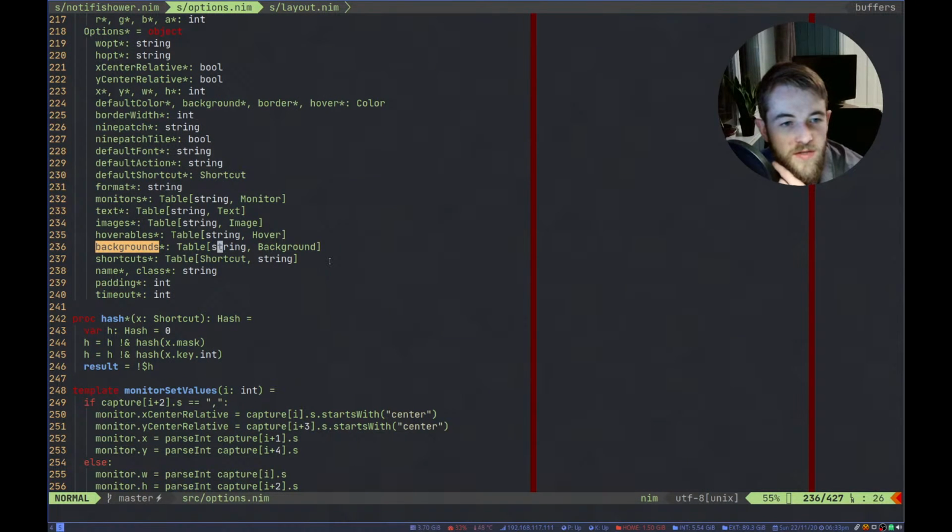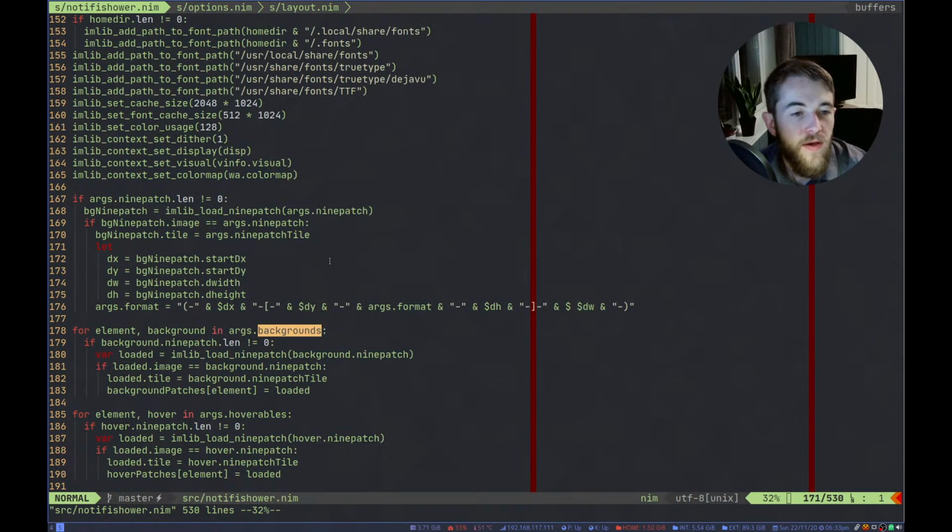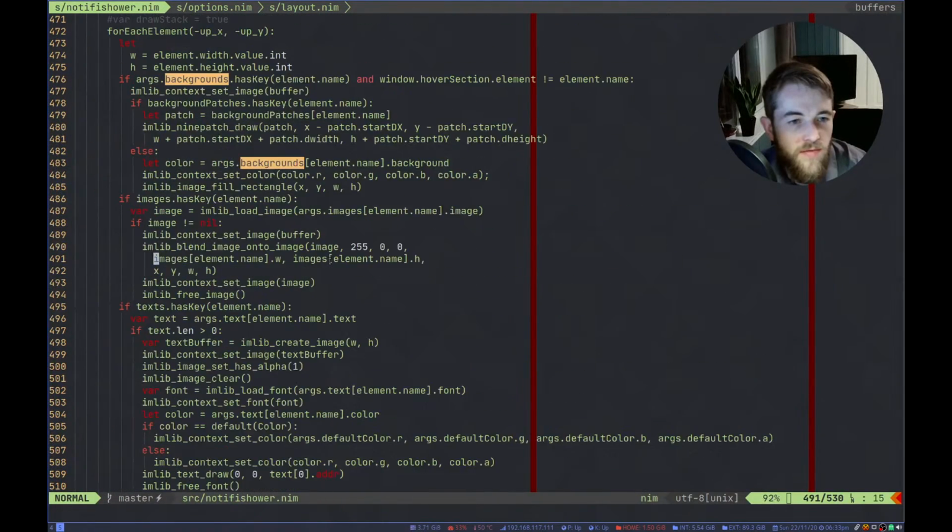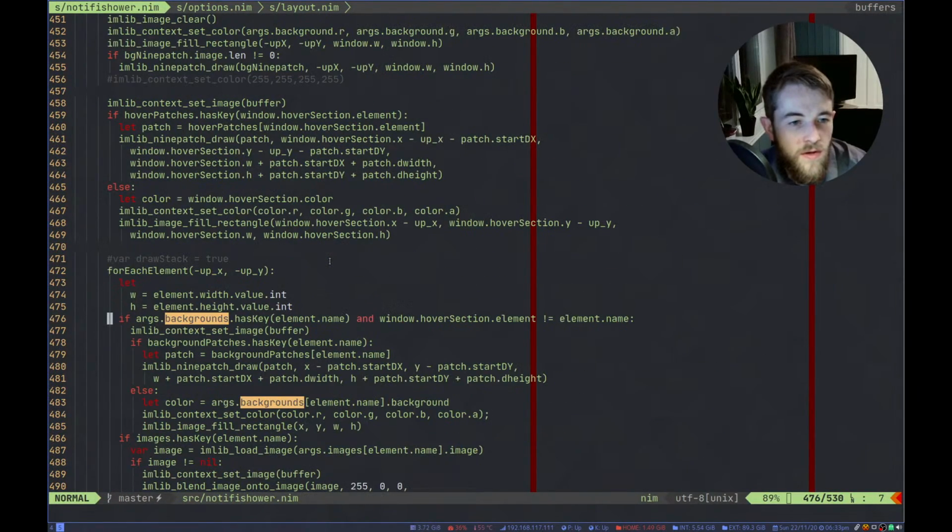Right, so it has a string. Yeah, it has a table from a string to a background. And here we are reading that out and saying if the backgrounds has the element name and the window.hover section.element name, but this is in the for each element loop,